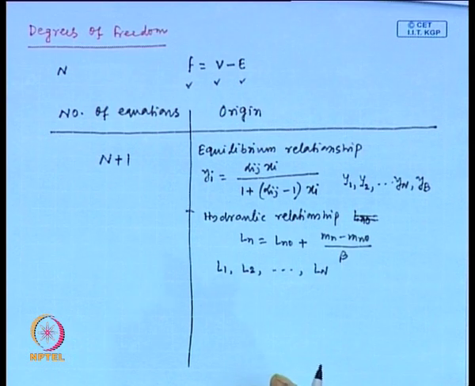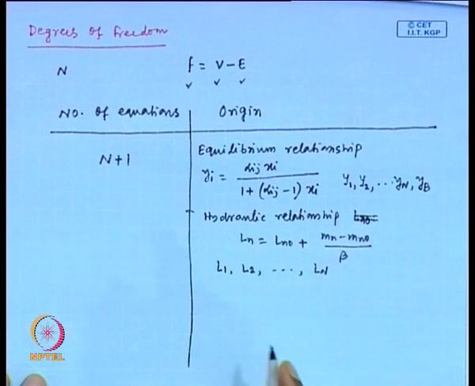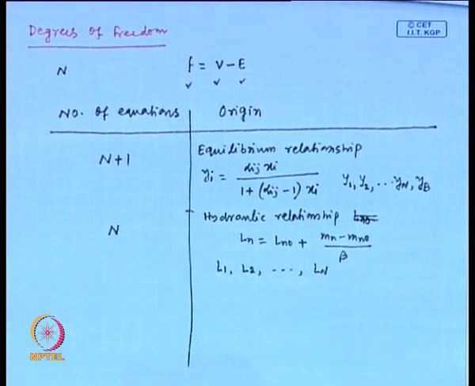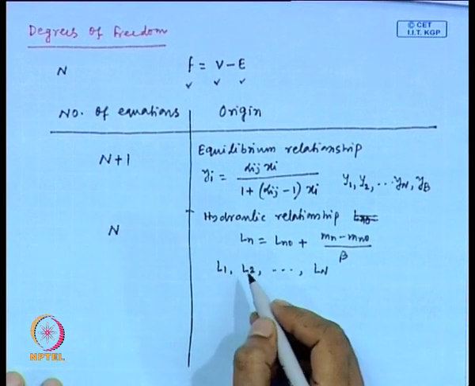We cannot consider the distillate flow rate and bottom flow rate, although those are liquid flow rates, because those are not calculated by the employment of this Francis-Ware equation. Fine. So, total number of equations n. Fine. Next is